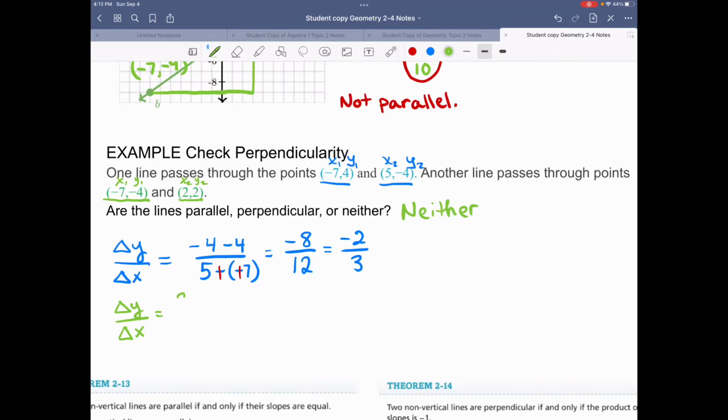So y2 is 2 minus y1 is negative 4 over x2 is 2 minus x1 is negative 7. Before I do that, I'm going to change these minuses to plus. 2 plus 4 is 6, and 2 plus 7 is 9, which are both divisible by 3. So we get